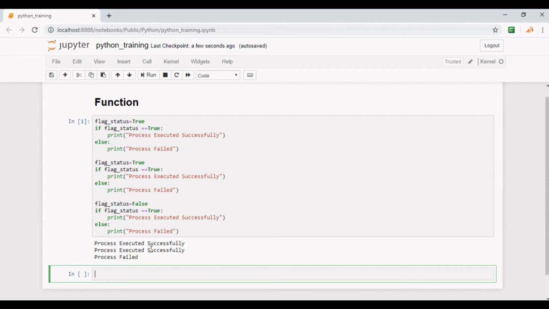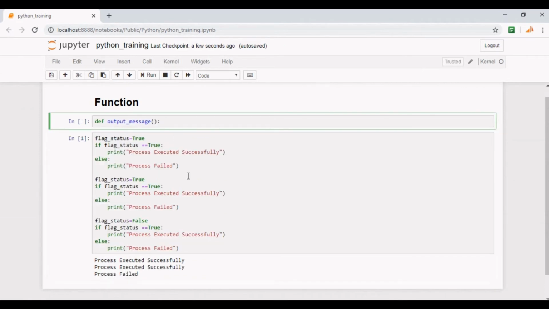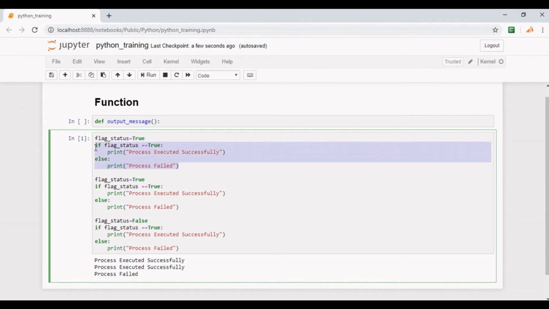Won't it be a nice idea to put this code at one place and use it from there whenever needed? Here comes the need of defining a function. It will make our code light and reusable. Let's do that. Let me define a function output message. Let's place this cell on top and put this code here.